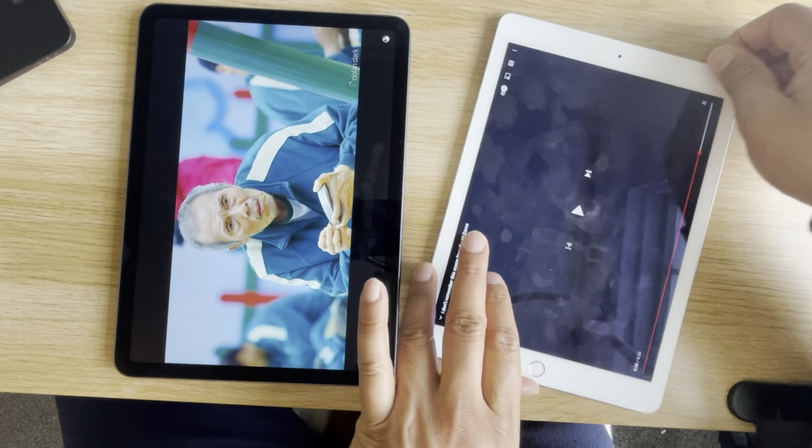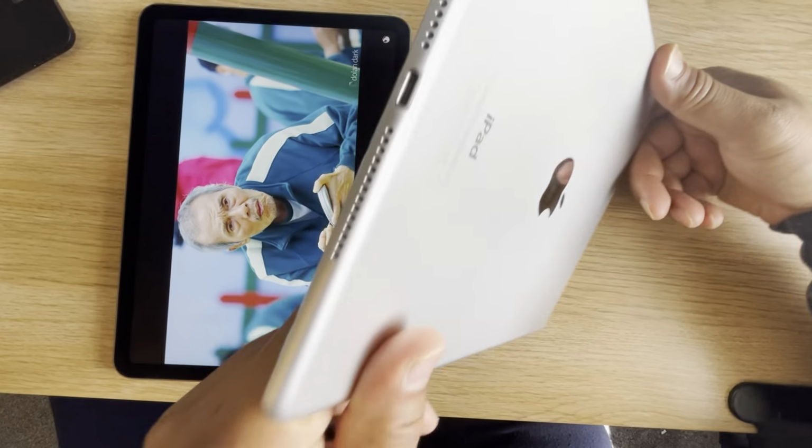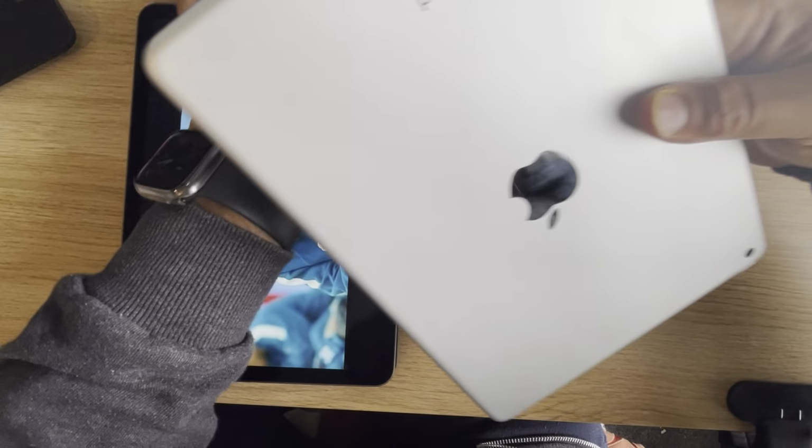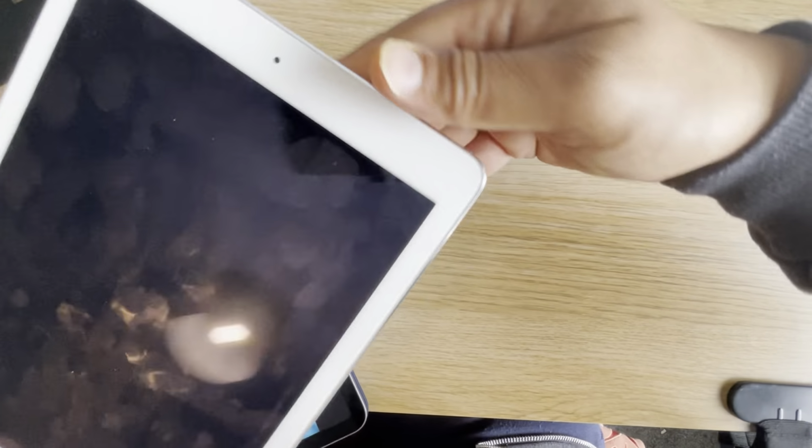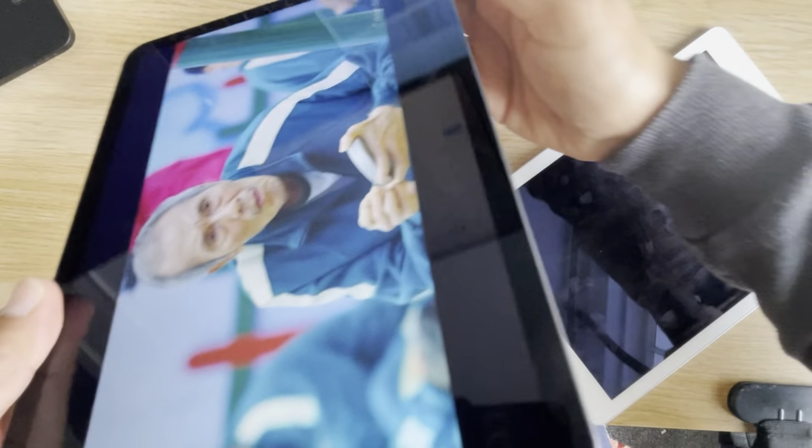It's much clearer. I mean, you can tell straight away. I mean, this has two speakers. It's going to move this out of the way. It's got two speakers, which is good. I mean, it served me well. Whereas this has